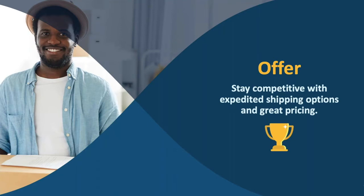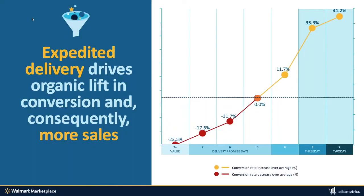The next piece is offer, which is probably the most important of the 3 when you're thinking about selling on Walmart. The way we think about how good and how competitive your offer is has 2 components: shipping and pricing. Expedited shipping is just super important. And I know you guys know this,